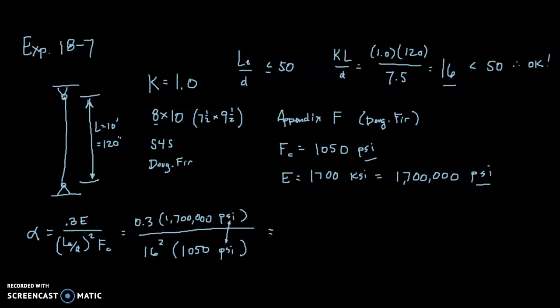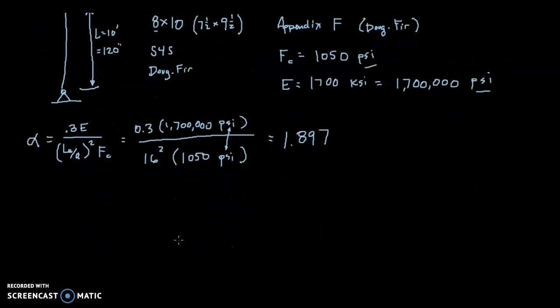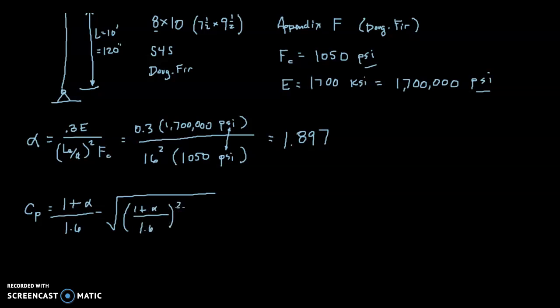So let's calculate that. I'm getting 1.897 as our alpha value. So this can now be used in the CP formula, the stability adjustment factor. This is going to be 1 plus alpha divided by 1.6 minus the square root of 1 plus alpha divided by 1.6 squared